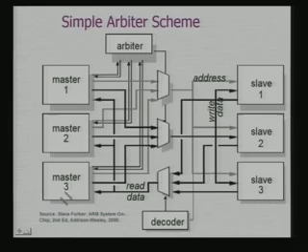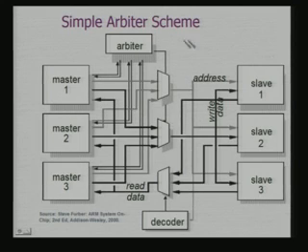If you look into it, the basic picture is something like this. I have a central arbiter. These are multiple masters which are sitting on the bus. They will generate the request and the arbiter will generate the grant once it resolves the priority. If there are multiple requests coming in at the same point in time, the arbiter will use its own priority scheme, which we had discussed in the last class, to identify which master now gets the bus.